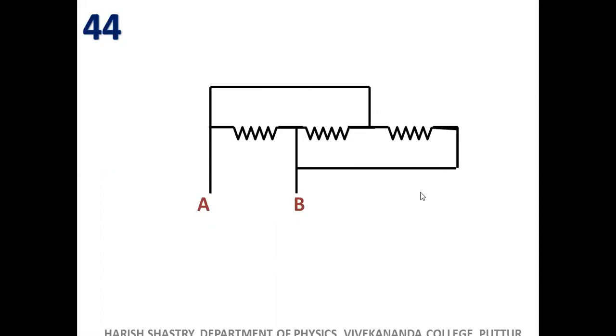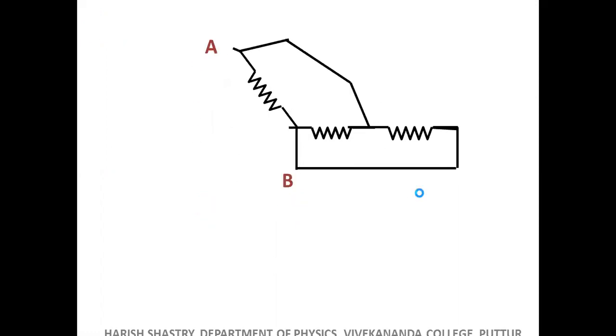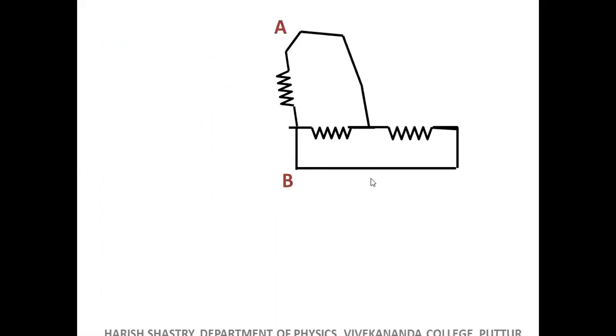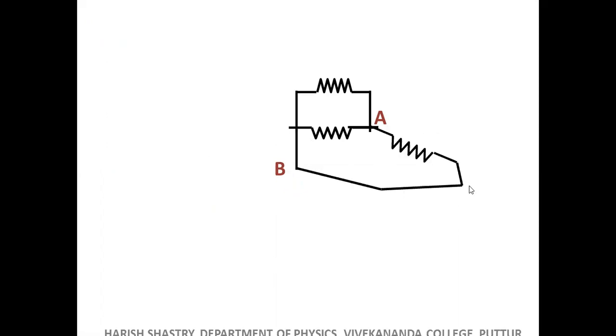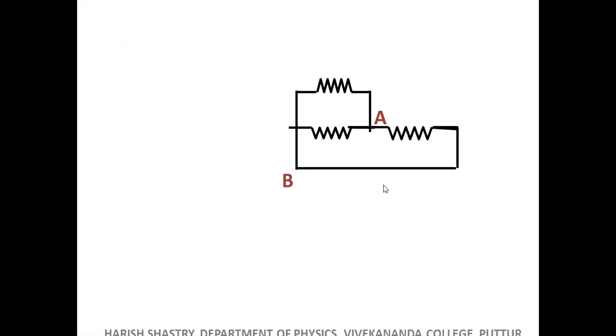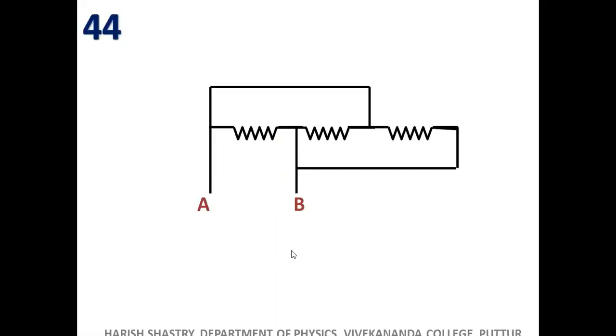I will push this A to this one, like this, right? Can you guess it? It was like this. Simply in order to misguide you, this was pushed here. Push this A first here, and even B to this point. Now push this A here, like this. What about B? You bring this point directly to B. Now are they in parallel across A and B? R by 3. Can you guess it here in this circuit? With this B, this one must be taken to B.